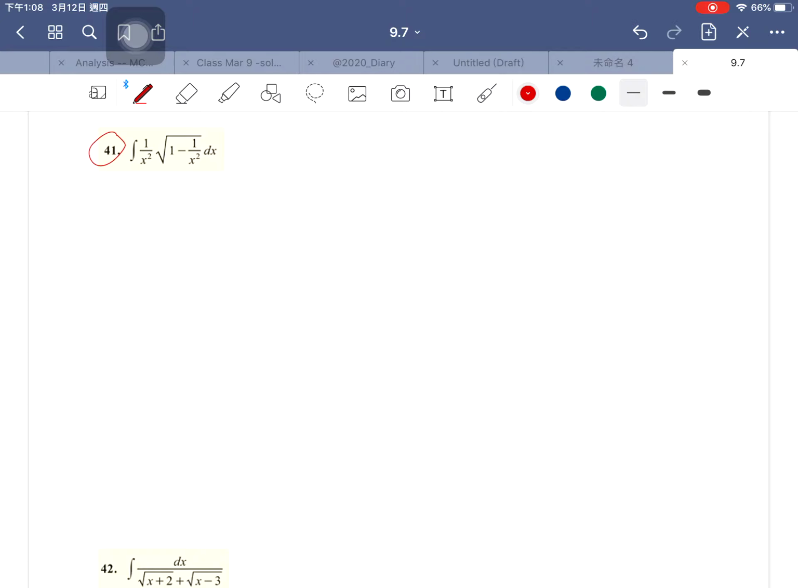For question 41, my first idea is to let y equal 1 over 1 minus x squared. The reason is I change this into input y, and then 1 over x squared is 1 minus y. This one becomes 1 minus y. Integrate this one. But what is dx? dx seems a little bit complicated. This is minus 2 over x cubed dx